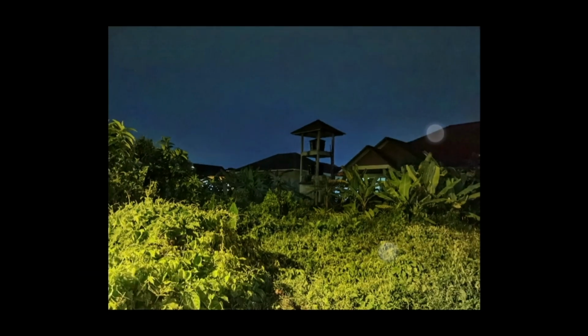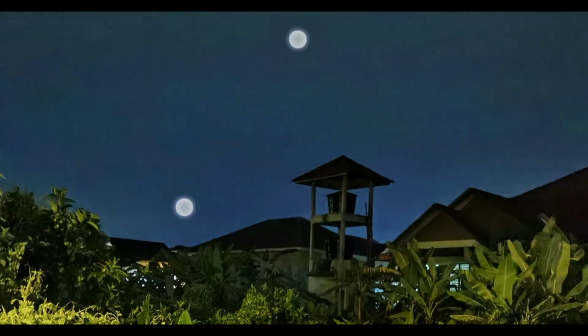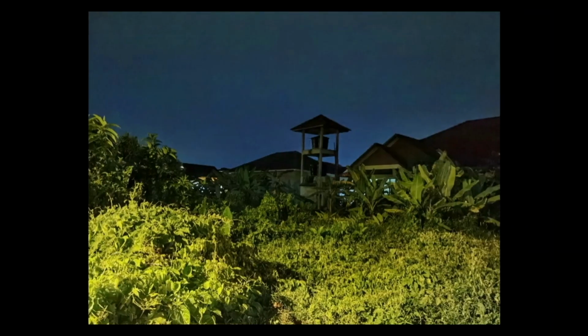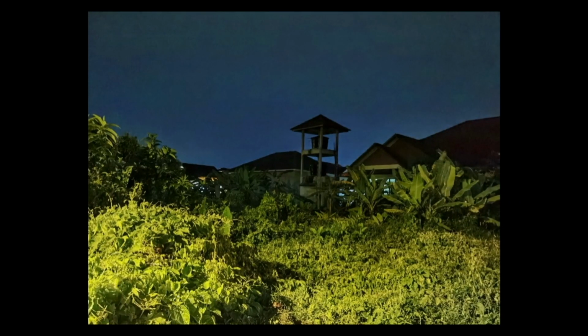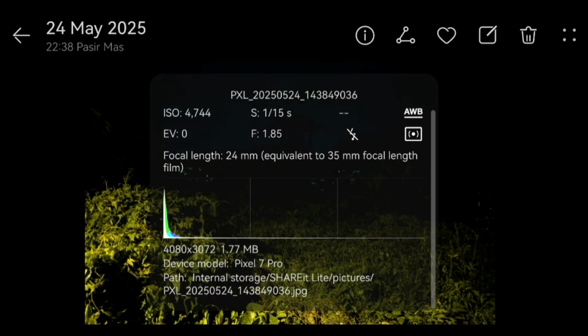But then again, if you take a look at this image without zooming in, you kind of like it. But you also notice that there are noises in the sky. In terms of what is more pleasant to look at, I feel like most people would agree that the Huawei did better, while the Pixel is keeping it real. But then again, I want to show you this image without activating night mode. So both takes